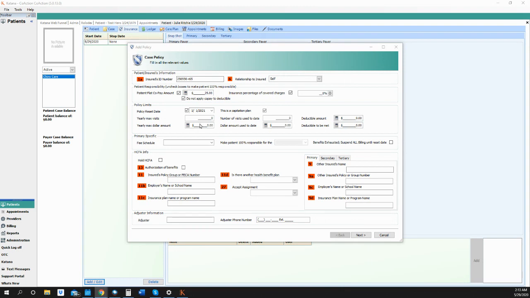You can enter a yearly max visit amount, stating that maybe the patient only gets 12 yearly visits for chiropractic care. You would indicate the number of visits used as of today's date, so the system knows where to start counting. You can enter a deductible amount,